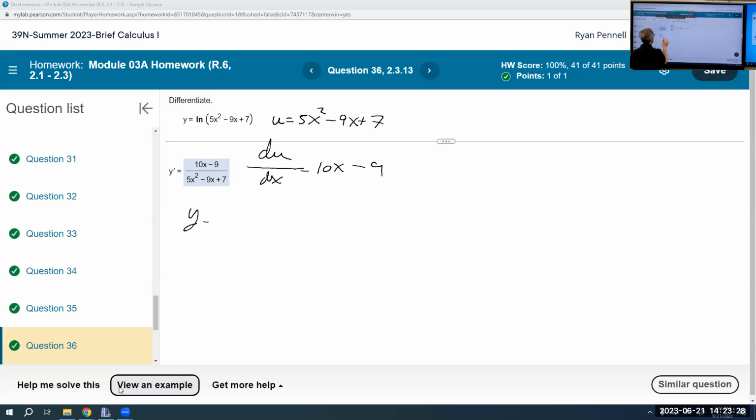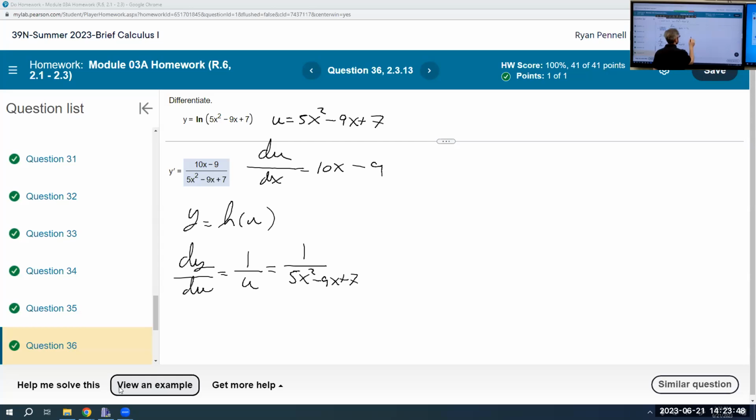If y equals ln of u, then dy du equals 1 over u, and I let that equal 1 over 5x squared minus 9x plus 7. Okay. So that means that dy dx equals dy